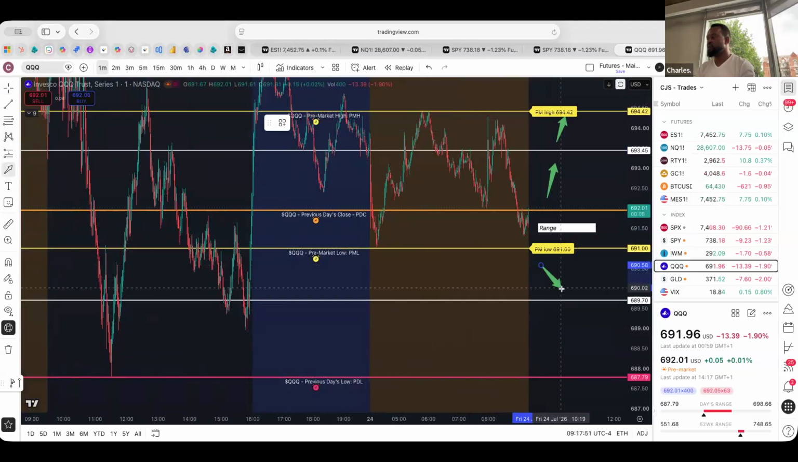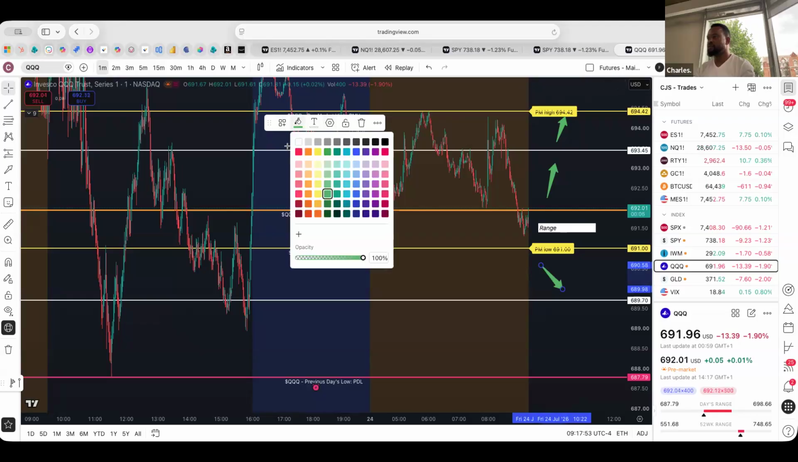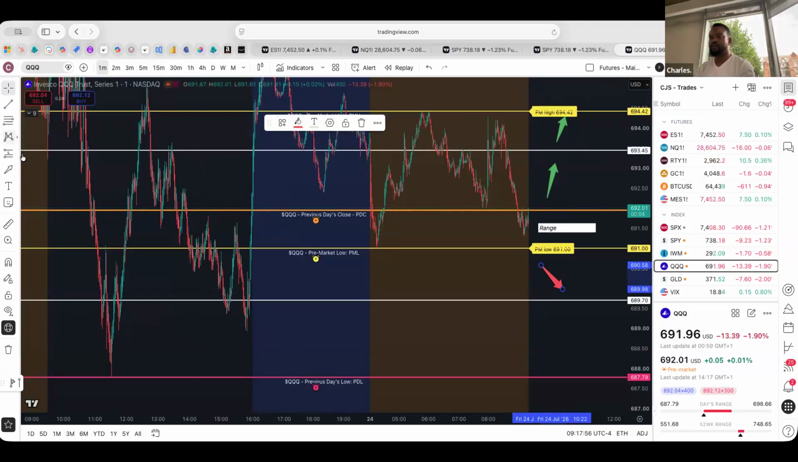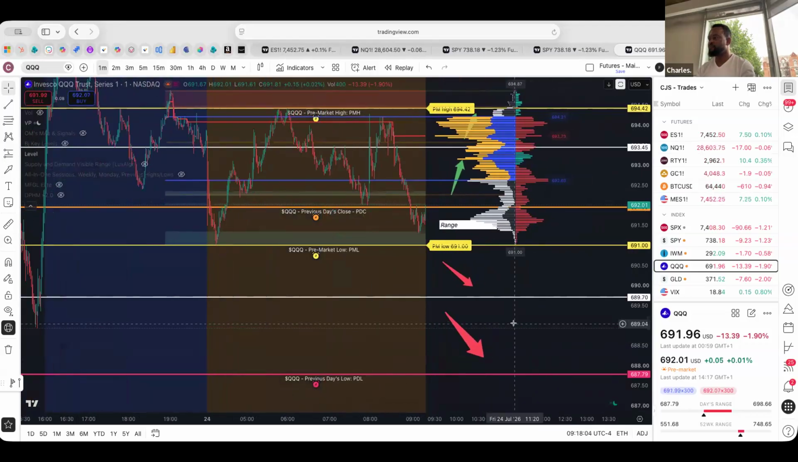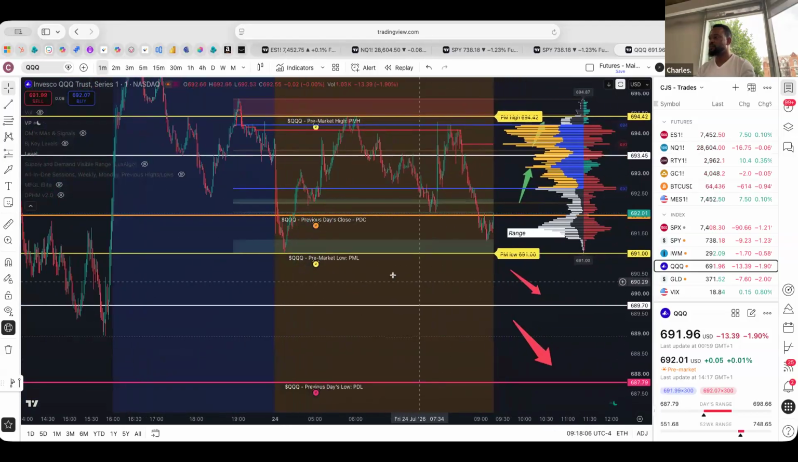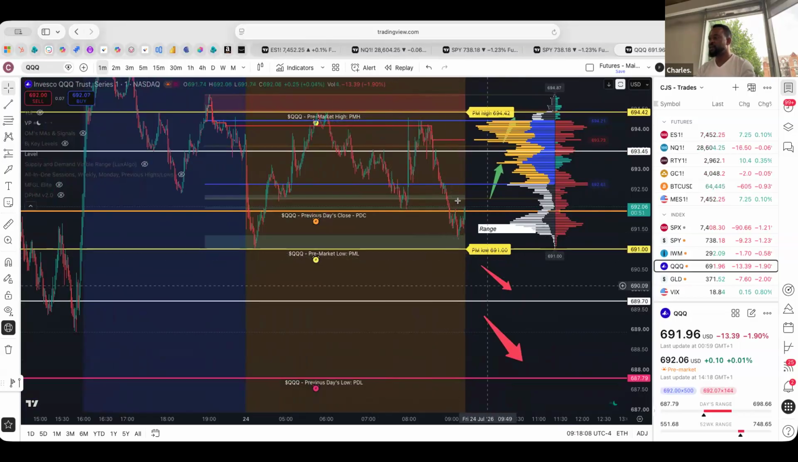Puts would be a break to the downside. First area, and then second area would be just here. Let's see if volume validates it. Yeah, volume validates our call. So if it breaks here, we can head down. If it breaks in here, maybe we should